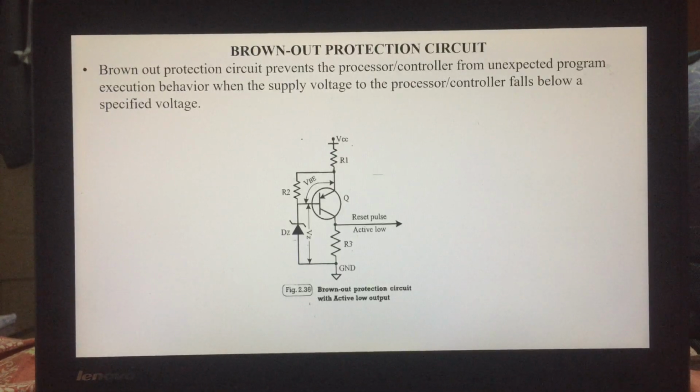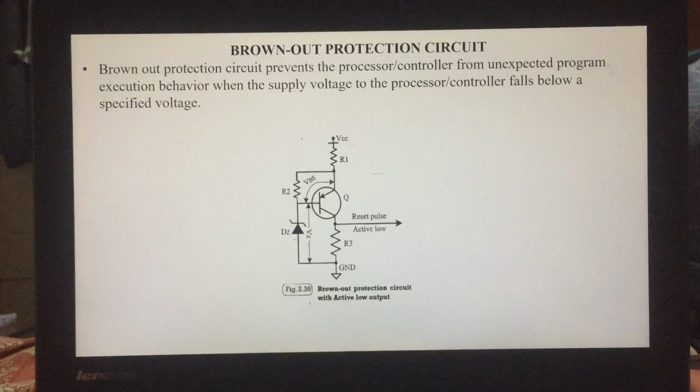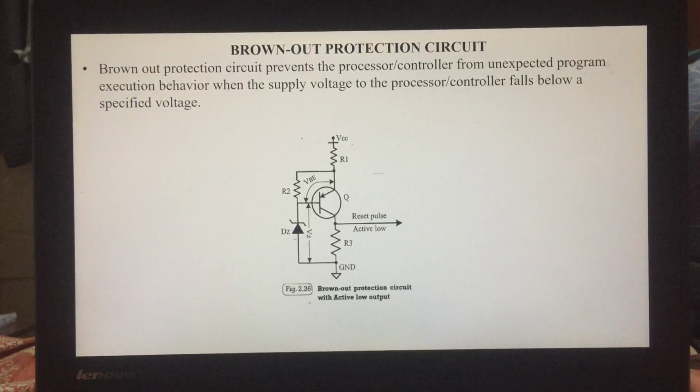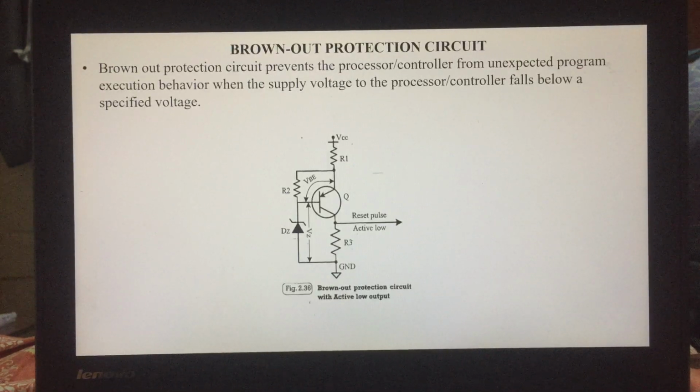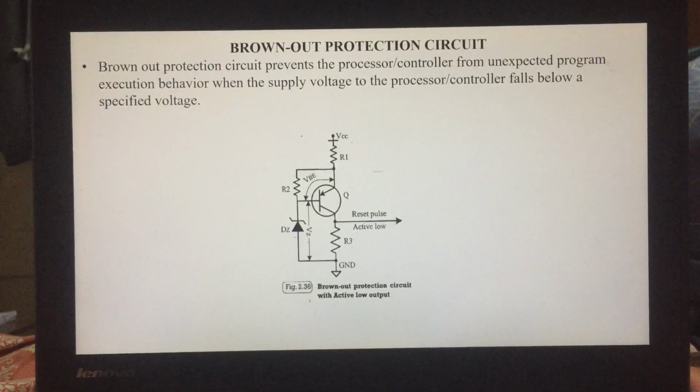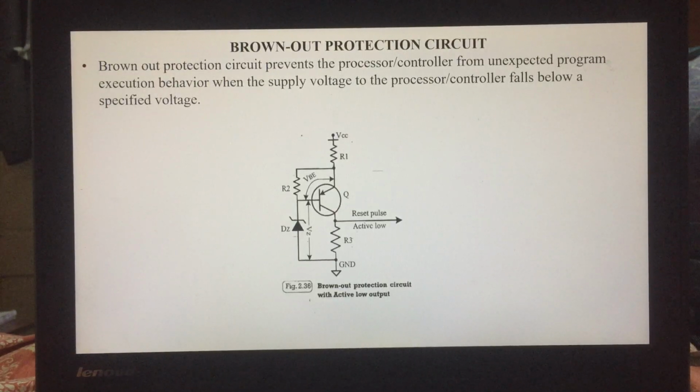Certain processors or controllers support a built-in brownout protection circuit which monitors the voltage level internally. If the processor or controller does not integrate a built-in brownout protection circuit, the same can be implemented using an external passive circuit or supervisor ICs. Supervisor ICs are the ICs which keep the processor under control. The figure illustrates a brownout circuit implementation using a Zener diode and transistor for a processor or controller with active low reset logic.